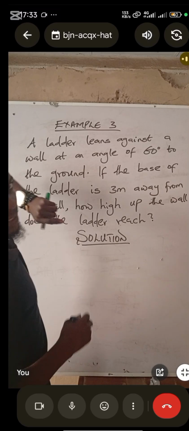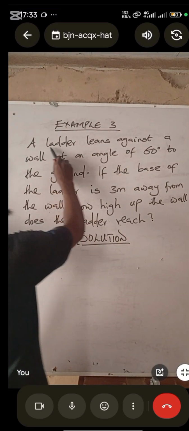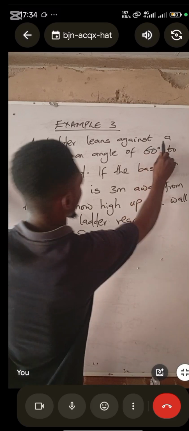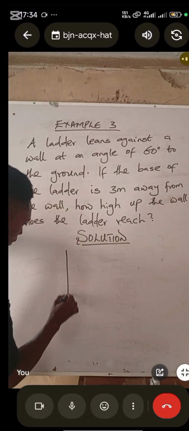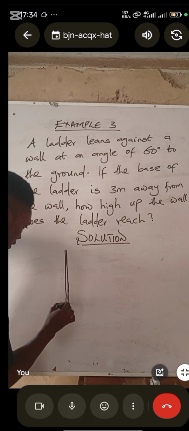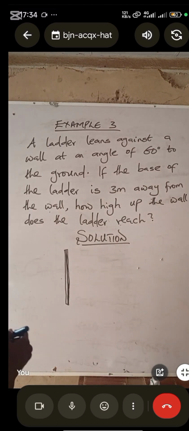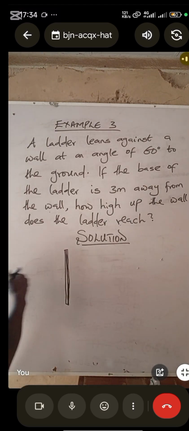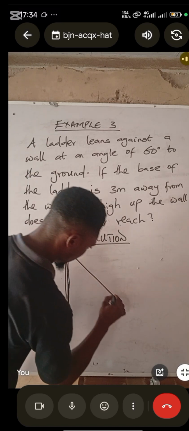I'll be reading this sentence, then I will sketch the diagram. A ladder leans against a wall. So let's assume that this is my wall. This is the wall I'm talking about. I just make a sketch of a wall. And we have a ladder that leans against this wall. This ladder is leaning like this